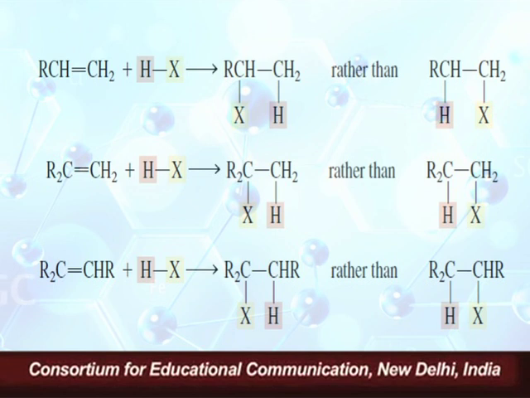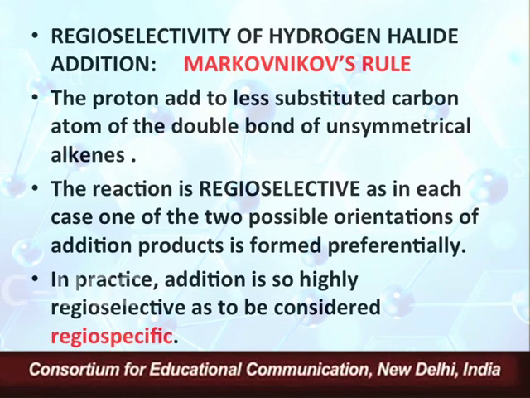In the third case, we've taken a carbon which is attached to two alkyl groups, and the second carbon containing the double bond is attached to a hydrogen and to an alkyl group. In this case, again, the negative part of the reagent, that is halogen, is adding to that carbon which is more highly alkylated. So this was explained by Markovnikov, and he said that when we are adding an unsymmetrical reagent,